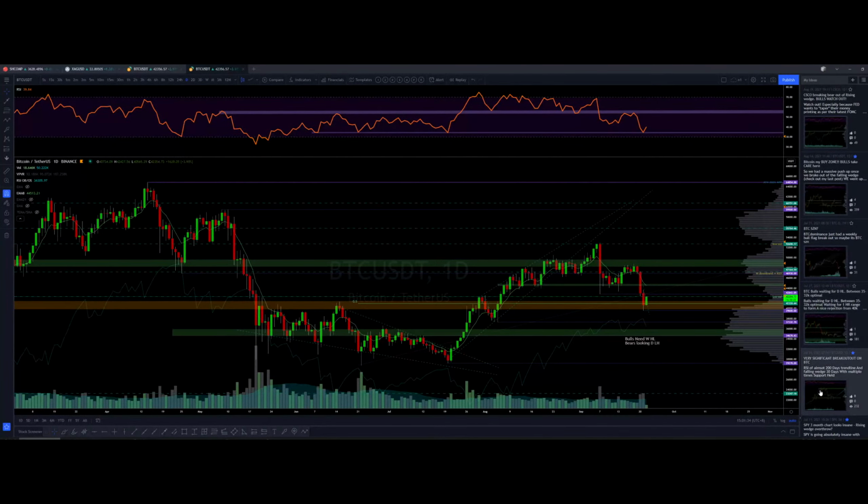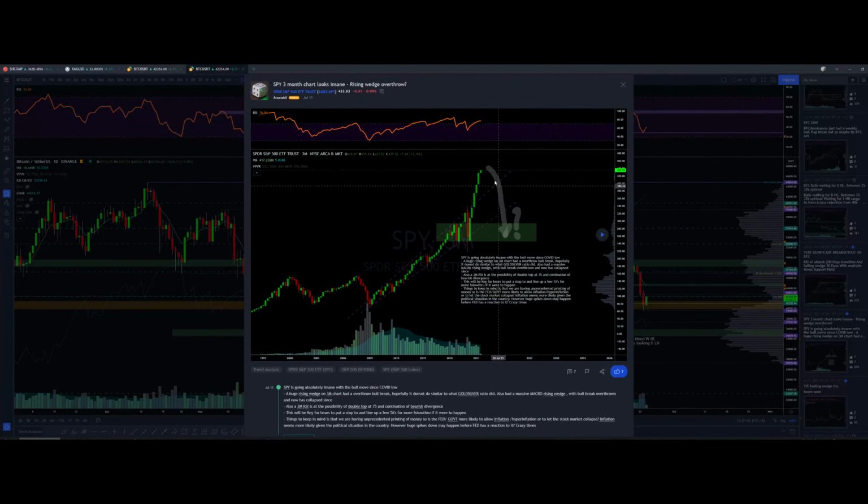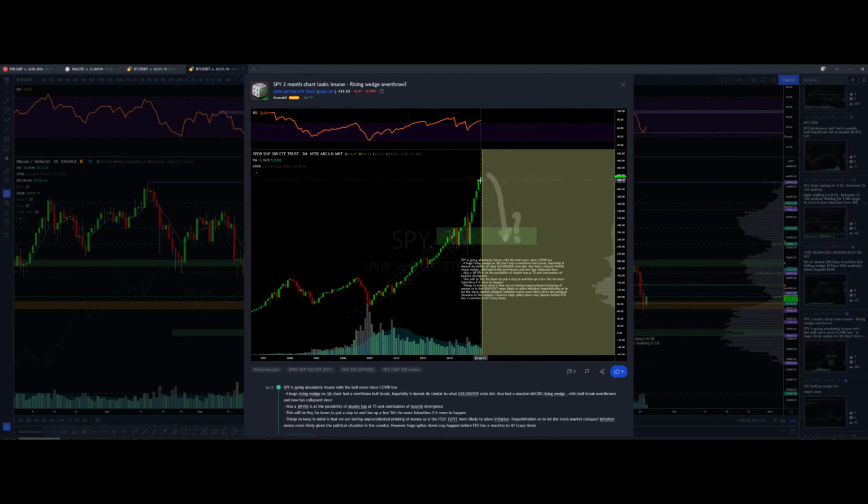The other thing is S&P 500. Look at my S&P 500 3-month chart. So I was saying, look, we broke out of this widening wedge, and when this happens, it's called an overthrow. So you overthrow the wedge, push up, and then you come and collapse down. So it's not happening yet, but we did reject from the top. You can see we're forming this long wick here.